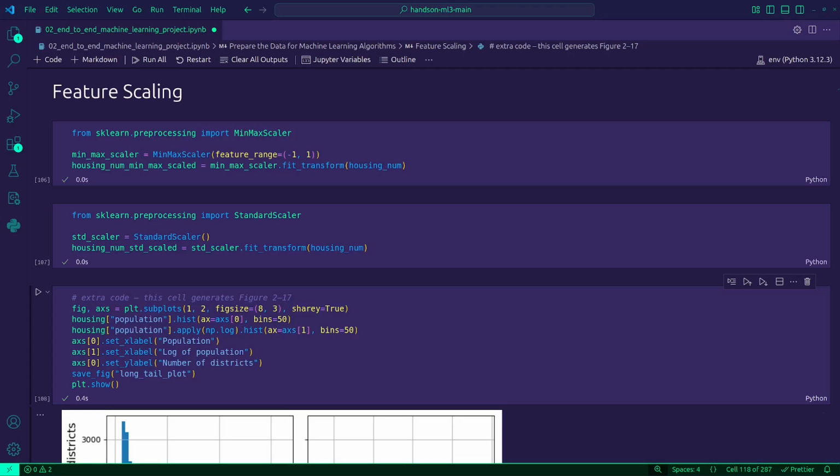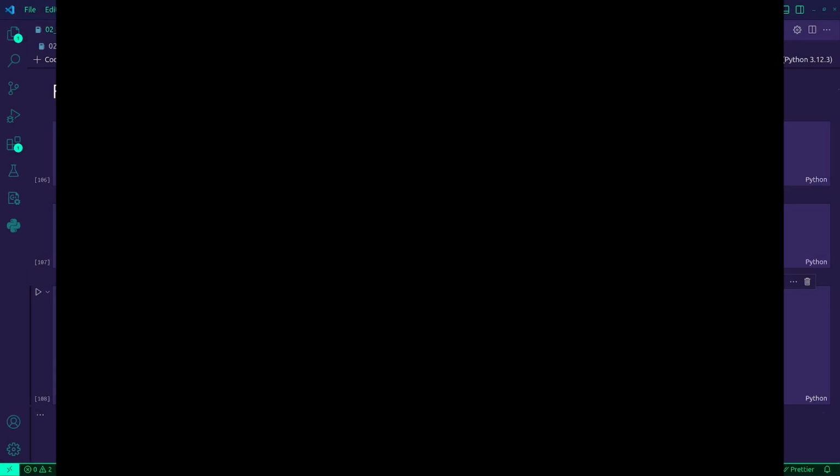Now let's mathematically understand how both the min-max scaler and the standard scaler work, step by step. And we will use a simple example to see how scaling is done and how it affects the values. Let me just get my trusty tablet here.